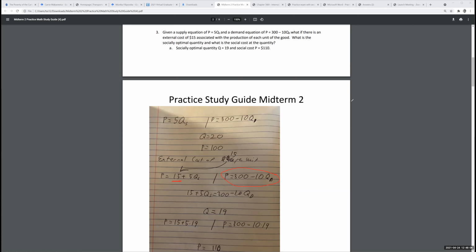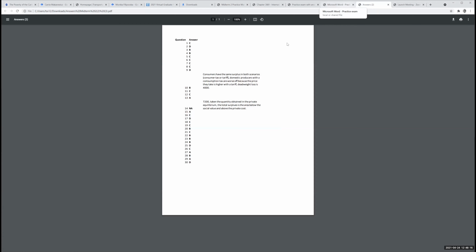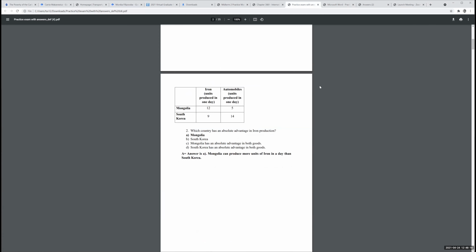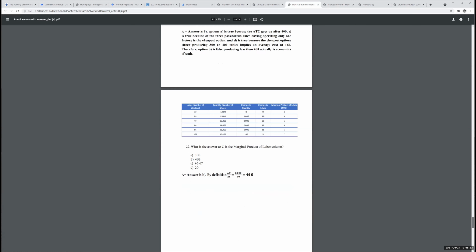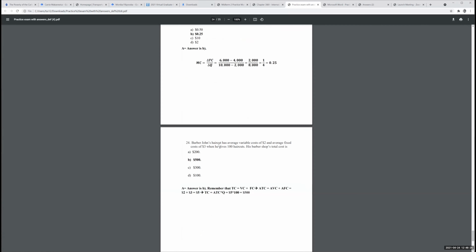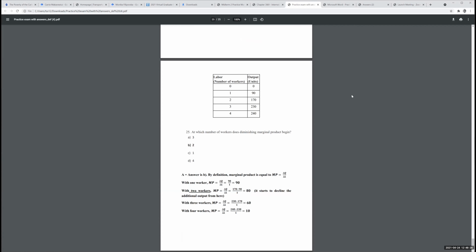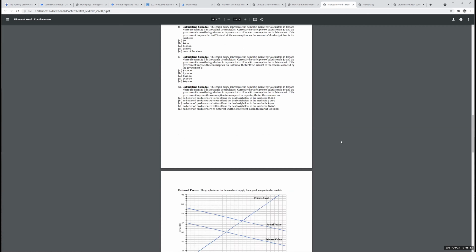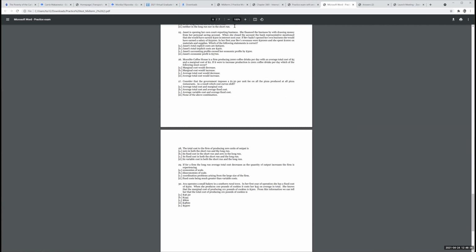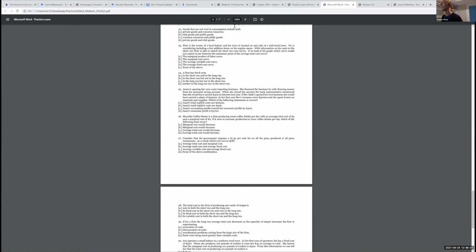Number 26 on practice midterm 2. Okay. Practice midterm 2. Okay. 26. I think it's the other one. Oh, okay. Yeah, because the other one did not have the 26. Okay, so